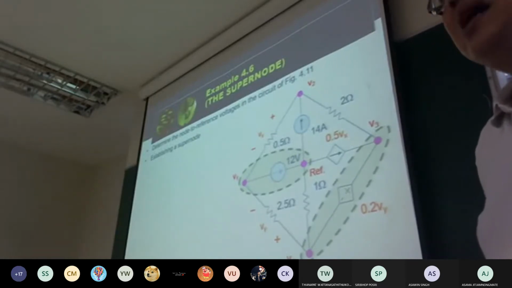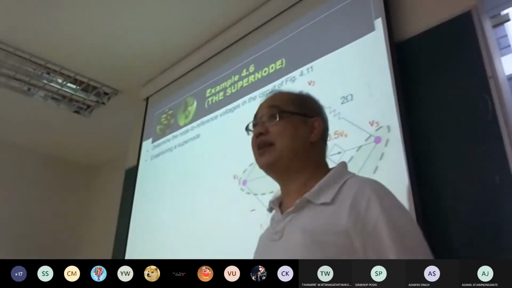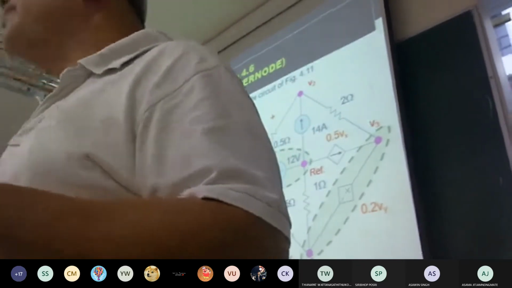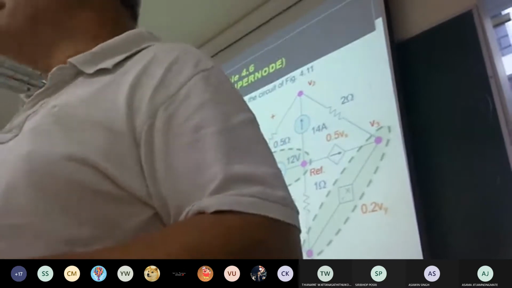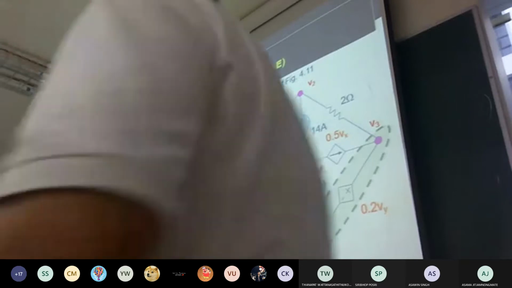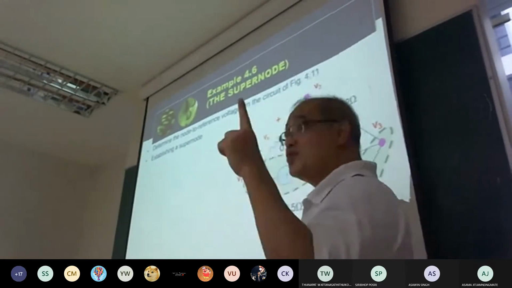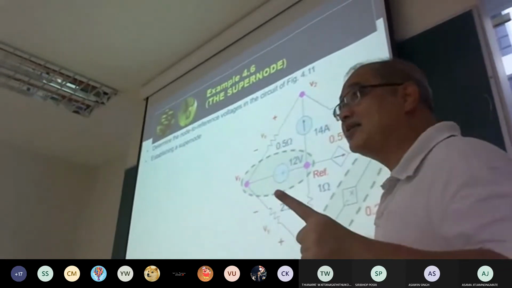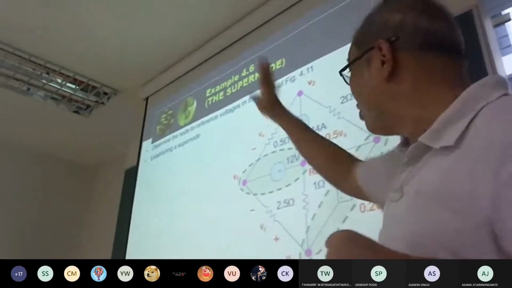Now, when a voltage source has a node merged with the reference, you don't need to apply KCL to the reference, right? We apply KCL to the non-reference nodes. In this case, how many KCL equations do you want to do? This node seems to be the reference, so no. You apply KCL at node 2, and at the supernode 3, 4. In this case we have 4 unknowns.